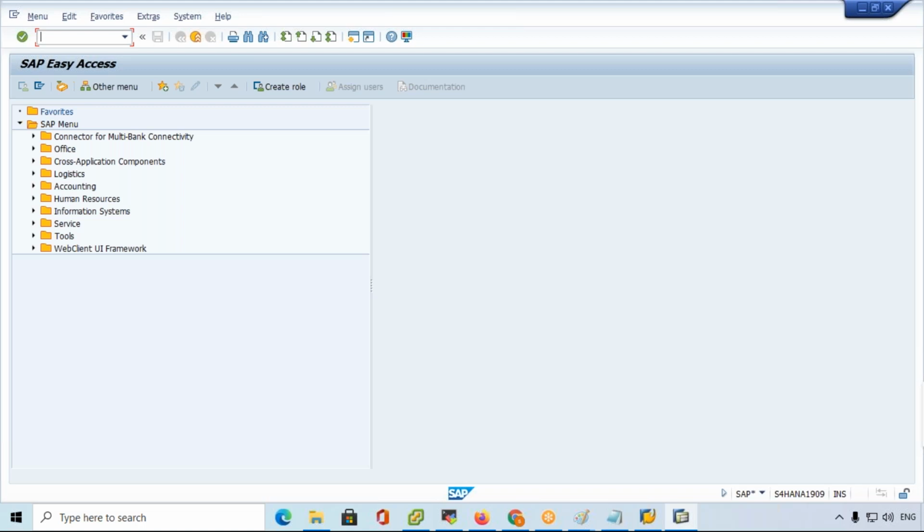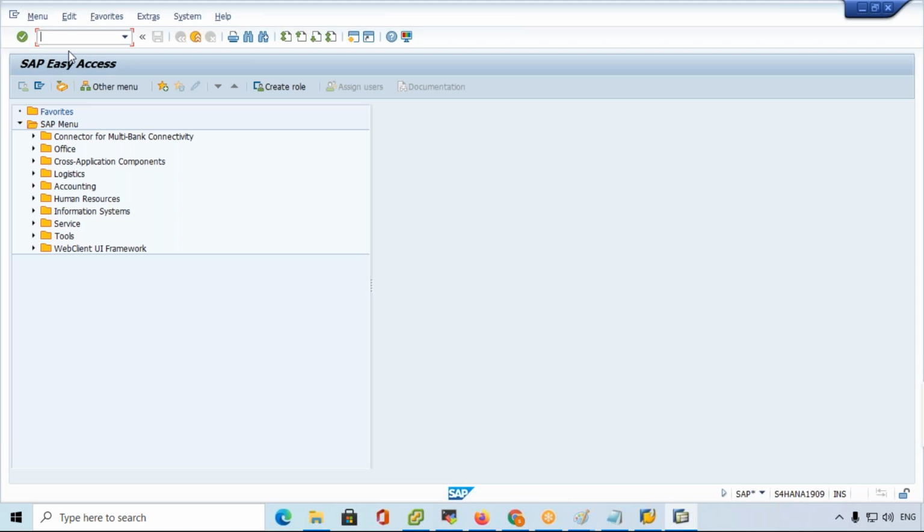We can install SAP on Mac OS also. Whatever T codes we use in Windows and Linux, the same transaction codes we can use in Mac OS if we install SAP on it.